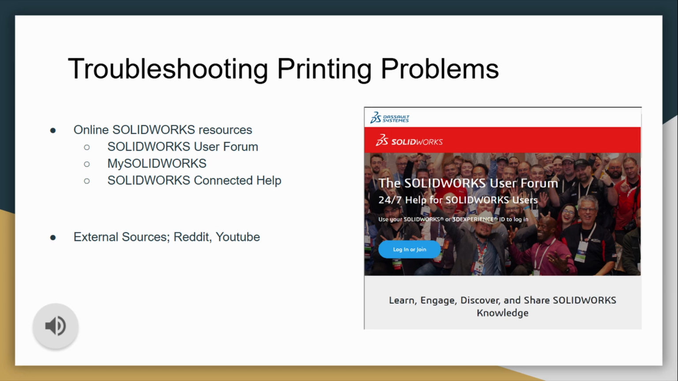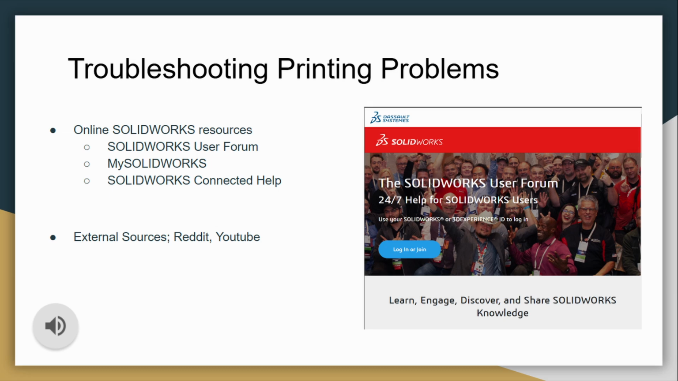Running into technical issues or confusion is easy when using complex programs such as SOLIDWORKS. There are a number of public forums and wikis that can be used to help with all sorts of issues. Online SOLIDWORKS-specific resources such as the SOLIDWORKS user forum, My SOLIDWORKS forum, and SOLIDWORKS Connected Help are available to search issues that other users have had in the past, as well as ask your own questions if you cannot find your issue already solved. External sources such as Reddit and YouTube can also be helpful for more general questions and